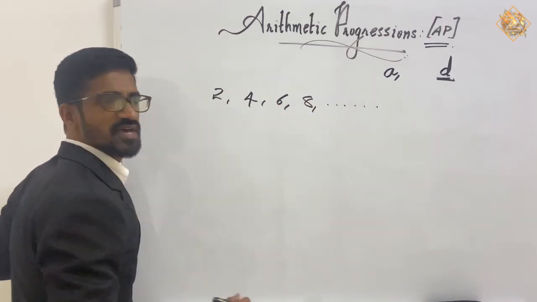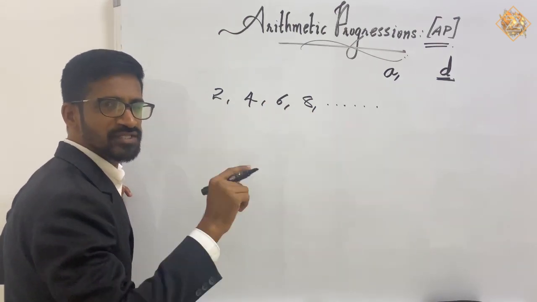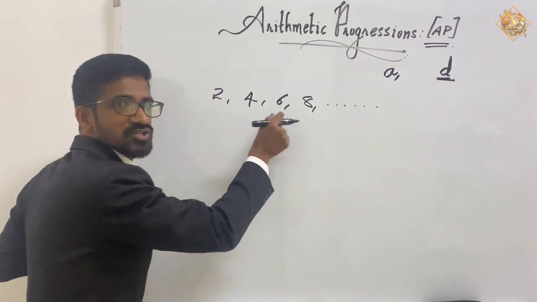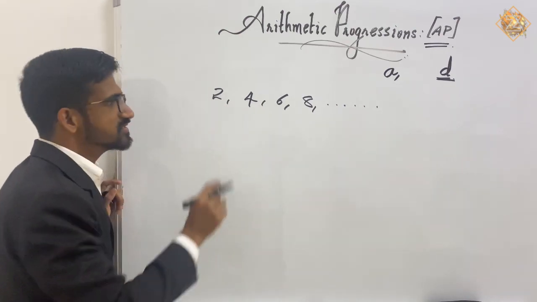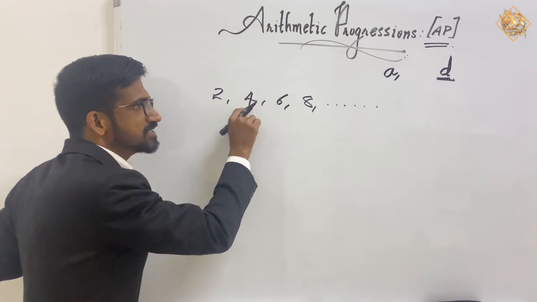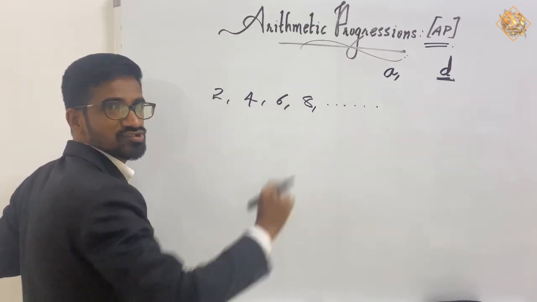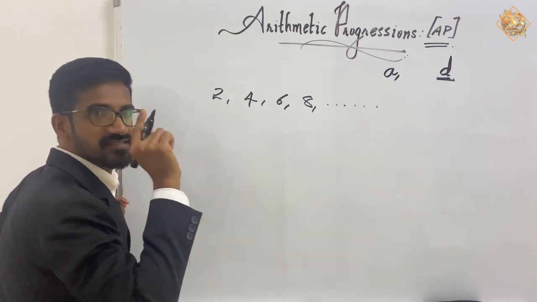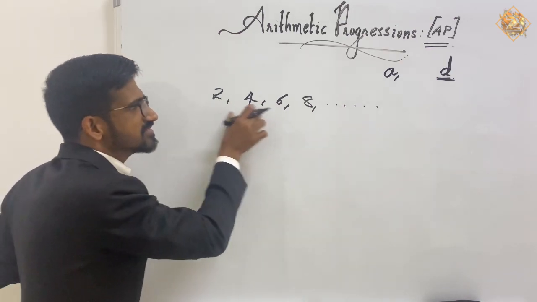It's a list of numbers. To check whether this list of numbers forms an arithmetic progression or not, we should have a common difference. The difference between each successive term should be the same, isn't it? So to check that, we have to subtract the first term from the second term, and the second term from the third term, and so on. If we are getting the difference between each successive term as the same number, a fixed number as a common difference,